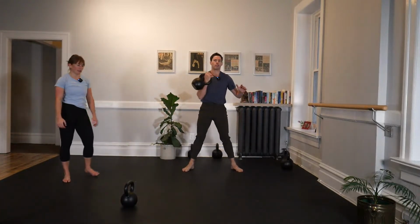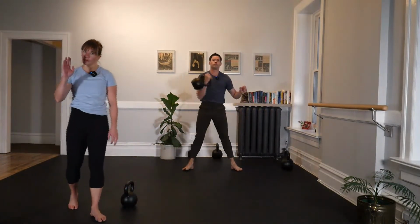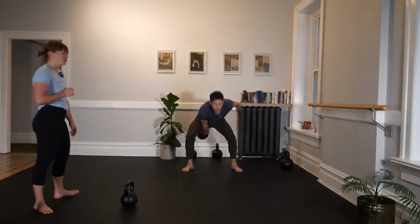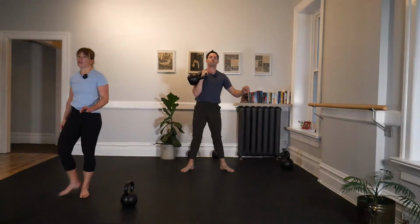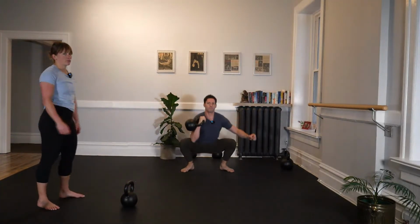5 for Team Ian here. Still keeping that grip light on your cleans as you punch through. Still making that hip drive through. If 5 is too many, do less than 5. You don't need to do that high reps if you're failing or if it's starting to look not as good